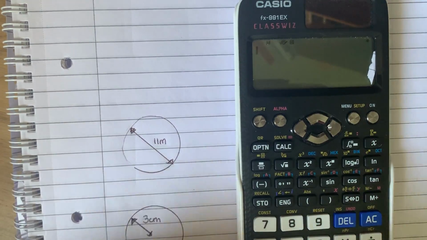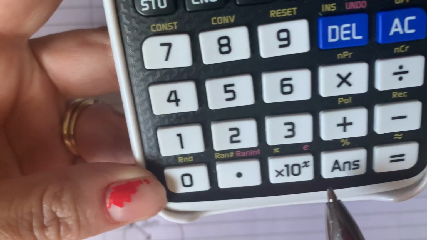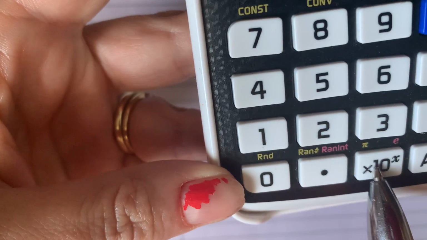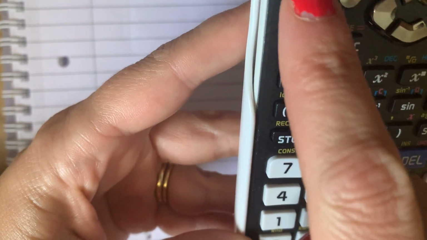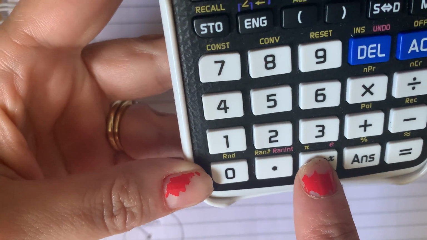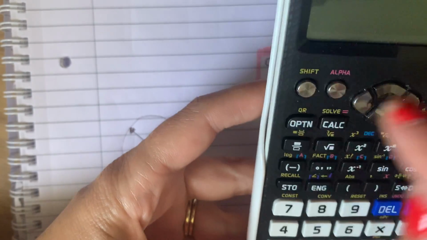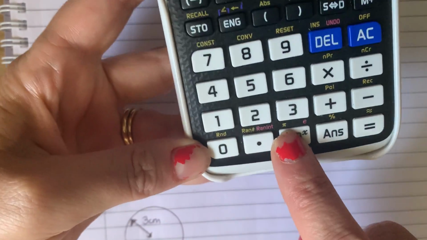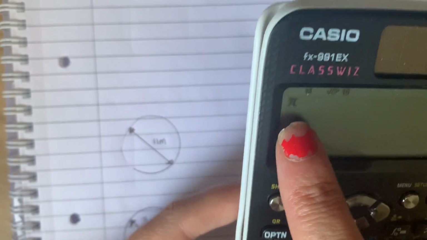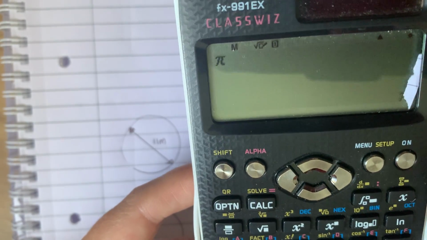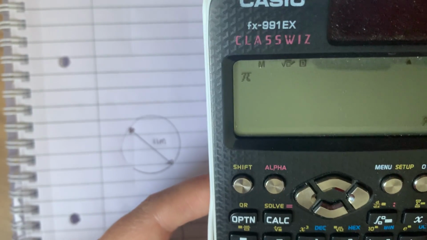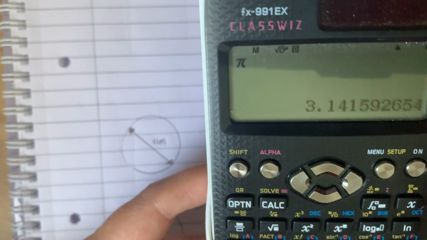Right. So for me, my pi button is, can you see there, I'll zoom in, just there, in the yellow. So to get it, I have to press shift and the yellow button. So if I do that now, I'm going to press shift and that button there, and my calculator now says pi. Now if I press equals, I can see it's